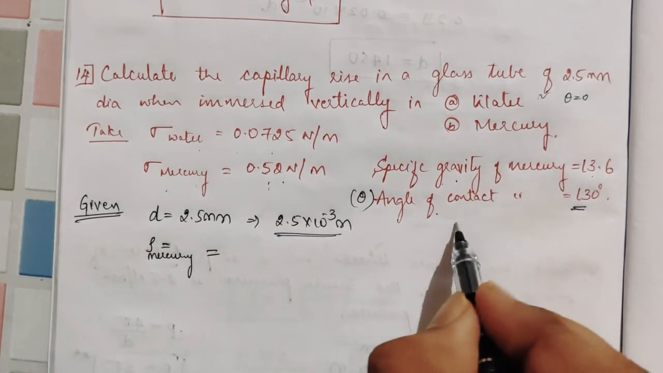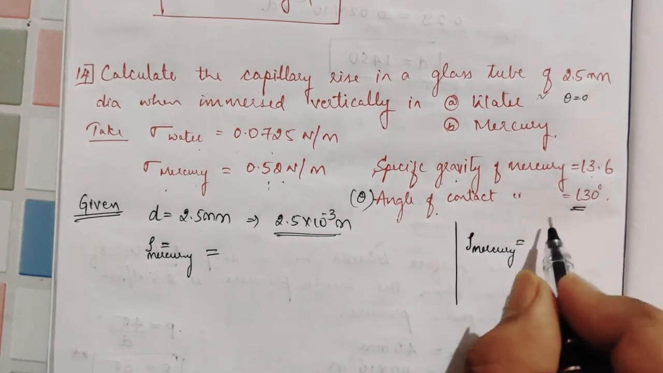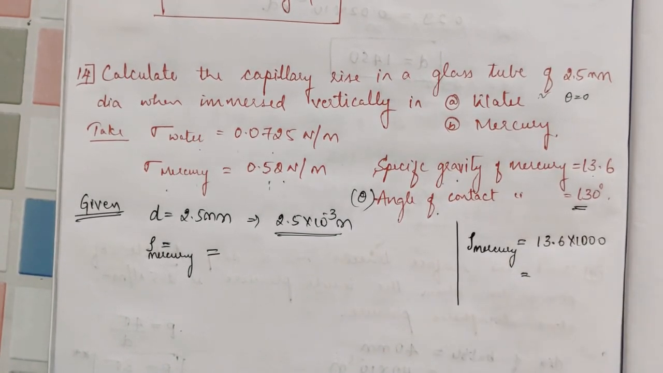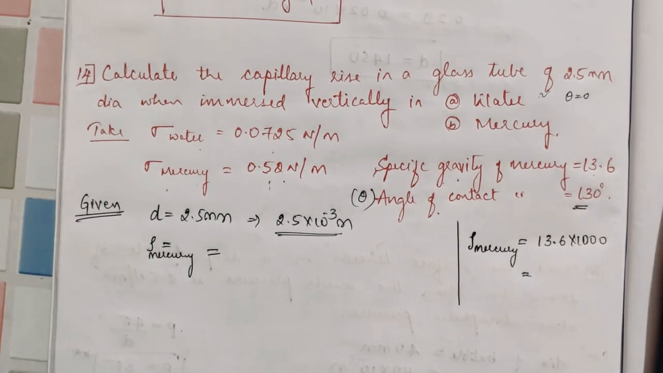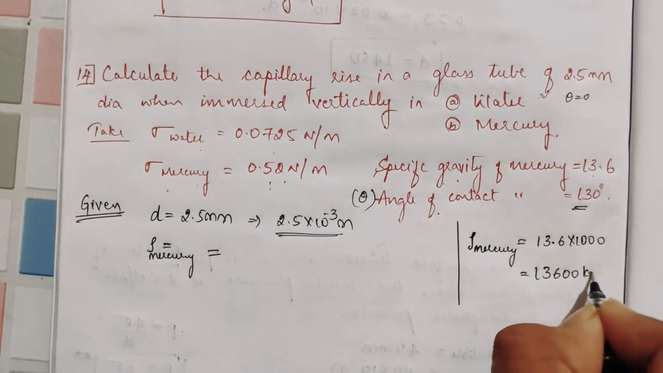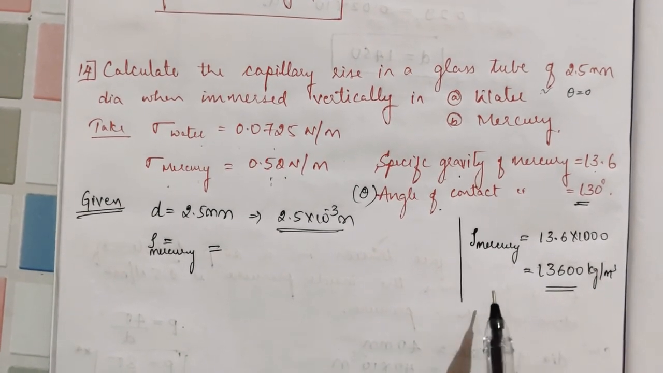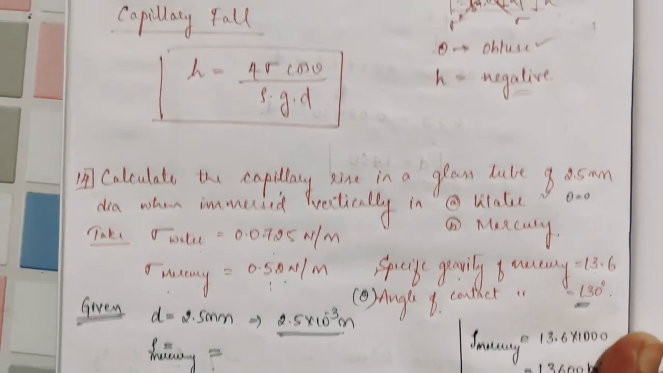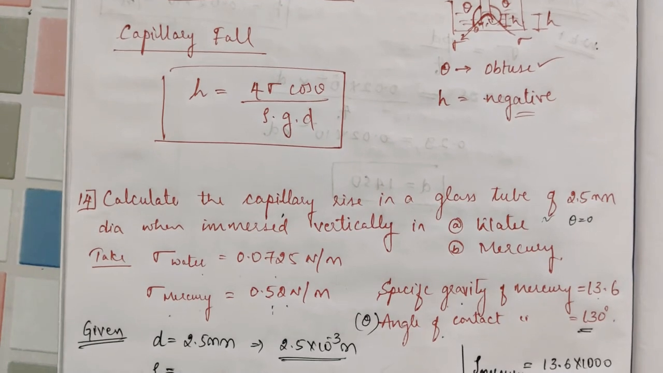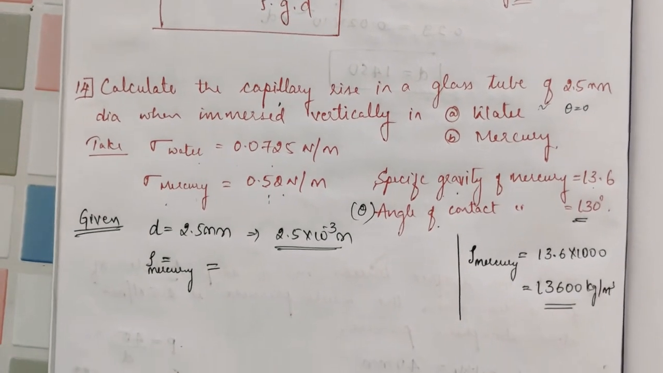So with the help of what can I do? I want the density of mercury. So what I can do is specific gravity into 1000, which gives 13.6 into 1000, that is 13,600 kg per meter cube, the density of mercury. Why do I need this density? Because of the formula, 4 sigma cos theta by rho g D. Whenever you see the question, the formula should come to your mind,